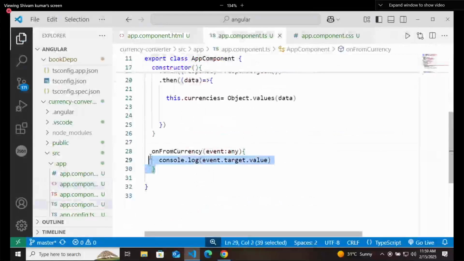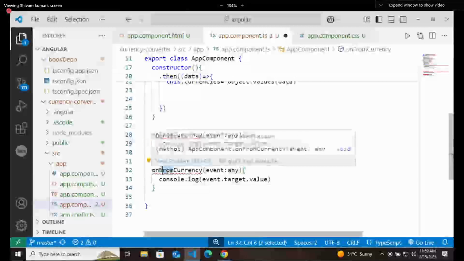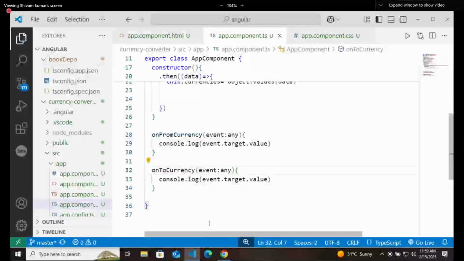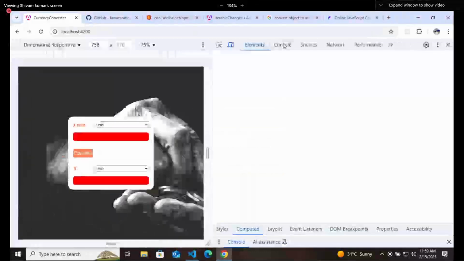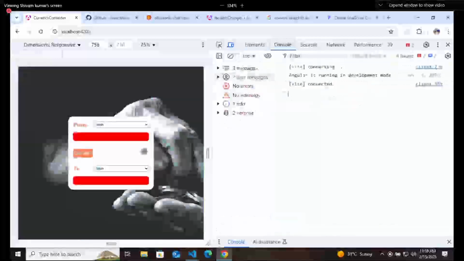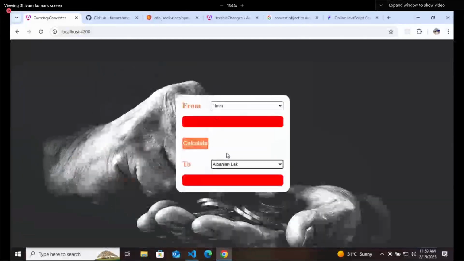Same thing, copy paste, change the from to that on to currency. Check the source of page here and select any currency that is getting printed. It means that whatever currency you are selecting here, Angular know about it.